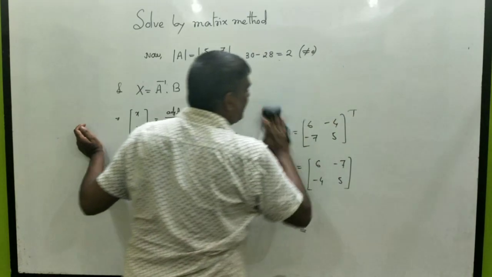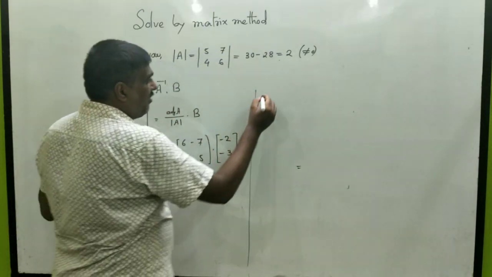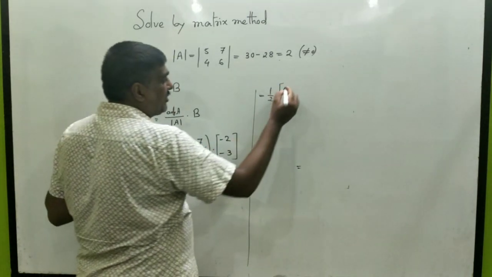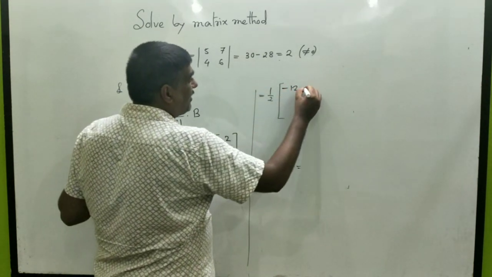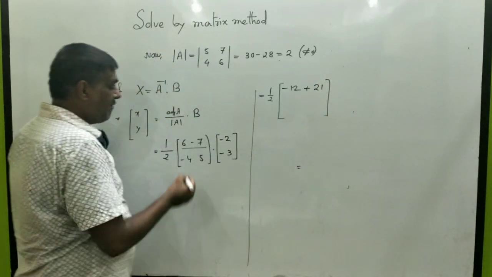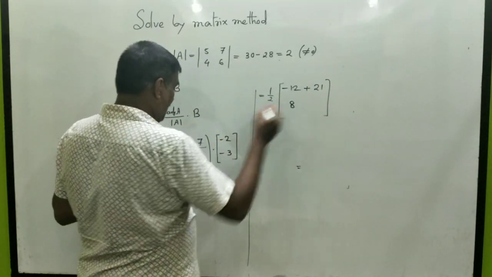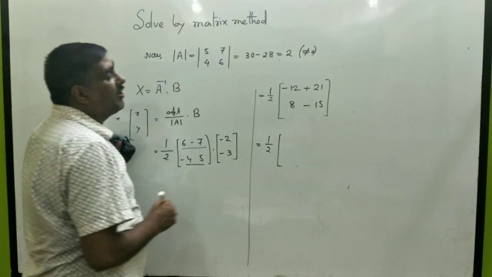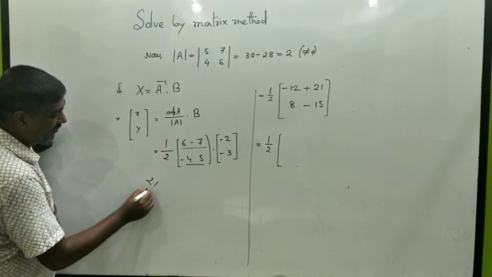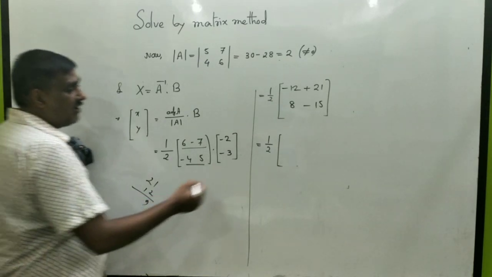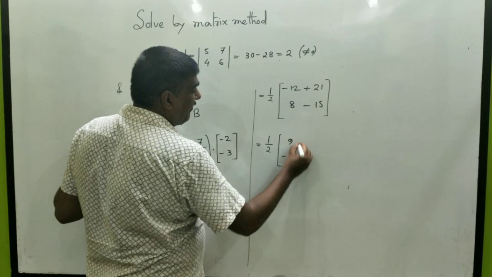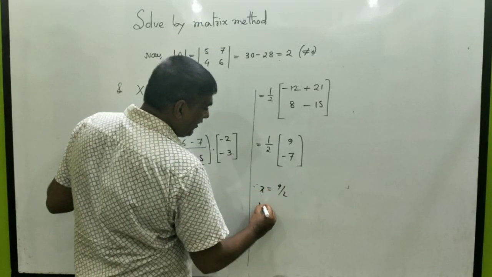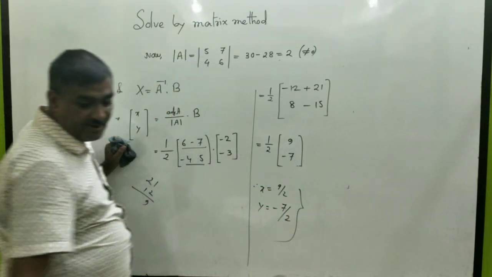अच्छा अब क्या करना है मुझे, और कुछ नहीं करना है, सिर्फ सॉल्व करना है। देखो how to multiply matrix, row into column. तो -6 into -2 -12, this into this plus 21, clear। row 2 column 1 8, this into this minus 15, so we get 1 by 2 कितना हुआ बोलो 12 -12 plus 21, तो 9. ये कितना हुआ -7, तो देयरफॉर x का वैल्यू कितना 9 by 2 और y का वैल्यू कितना -7 by 2, क्लियर।